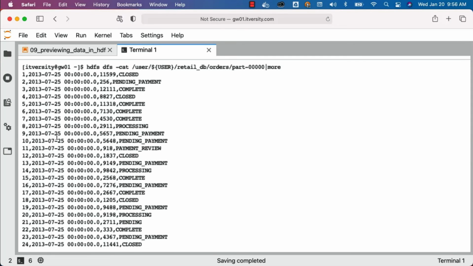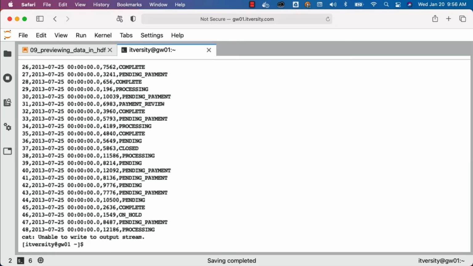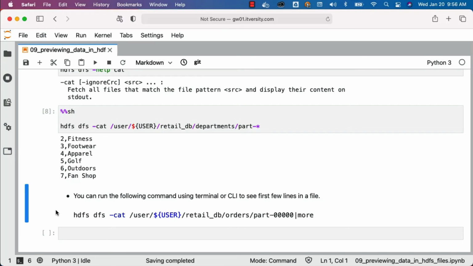However, if you look at the first line, this dataset doesn't contain a header. If the header is there, you should be able to preview the column names in the header, and you can use it for your schema definition, and so on. That being said, I can come out of this by hitting Ctrl+C, and then you can get out of this by saying exit. So in case you want to get the first few lines using cat, this is the approach which you can leverage to get the first few lines from the dataset.